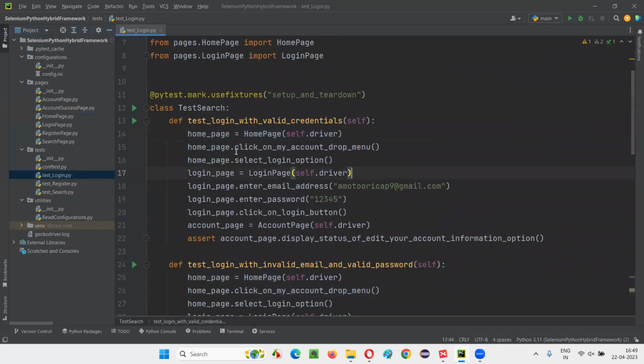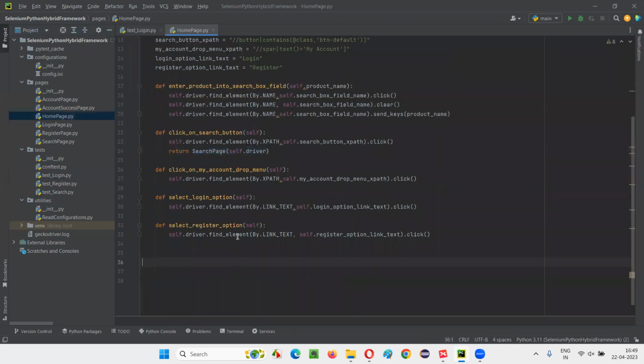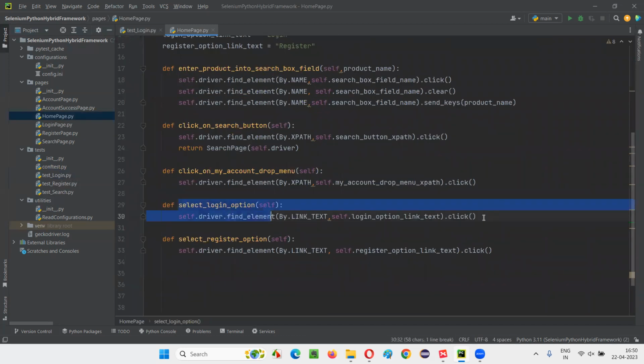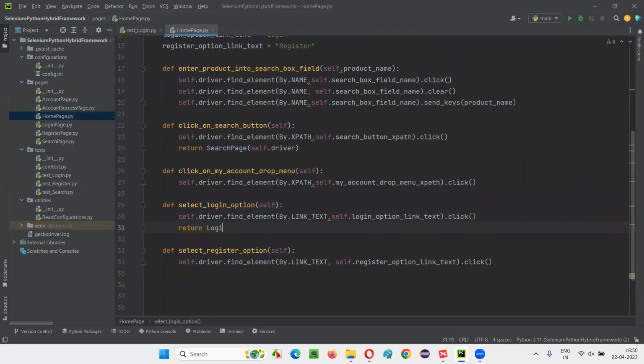Okay. So here, once you click on my account drop down and once you select the login option, you know that you'll be taken to the login page, right? On the home page, when you click on the my account drop down and click on the login option, you'll be definitely taken to the login page. So what I will do is I'll reduce this line here and I'll make this part of this method, which is in the home page, select login option. So open the home page and in that select login option is there. Here I'll write down return login page